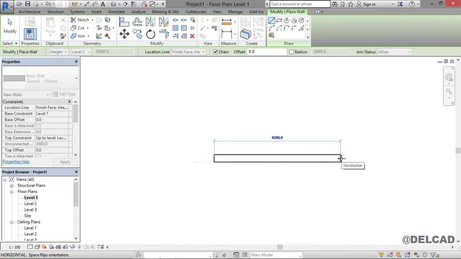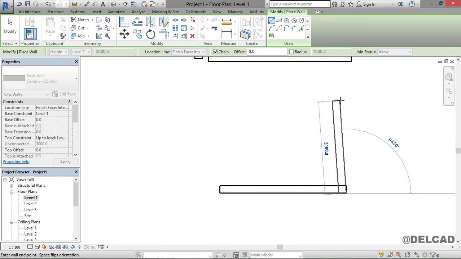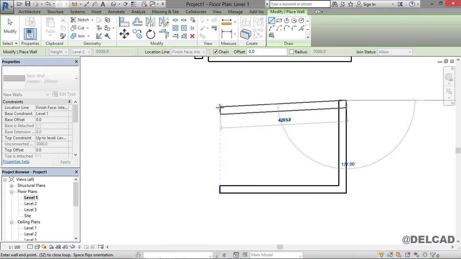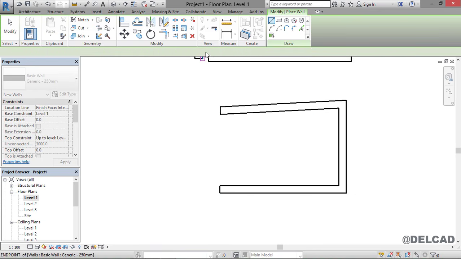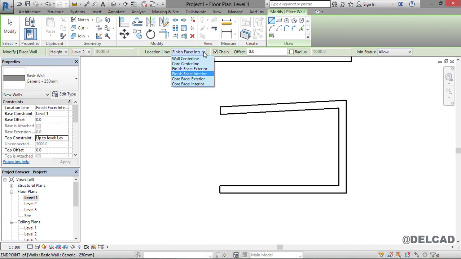the center line has moved from the top to the bottom, and as we keep drawing, we go up. You can also see that the location line also changed from the left to the right, and so on. Again, we can also change from finished face exterior to core face interior. Now to understand these two, core face interior and core face exterior, we're going to change from simple wall,